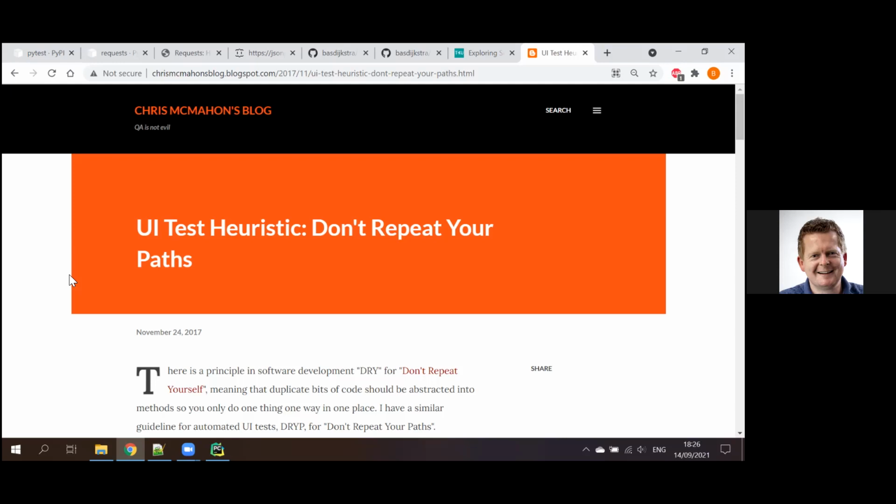For this specific case, that translates to: I've probably been putting a lot of time and effort into writing these graphical user interface tests, but is this the most efficient way to get the test results that I'm looking for? That often opens up a discussion, especially when you talk to developers and they say, well, we've also got this API layer that you could potentially use for your tests,